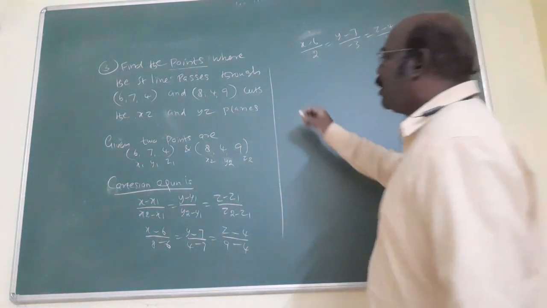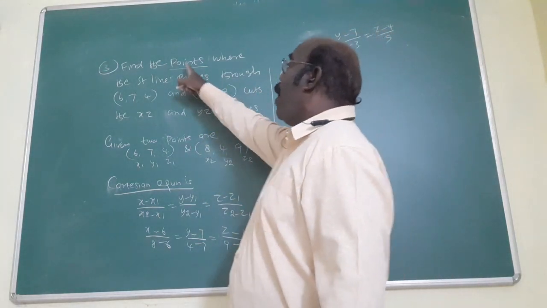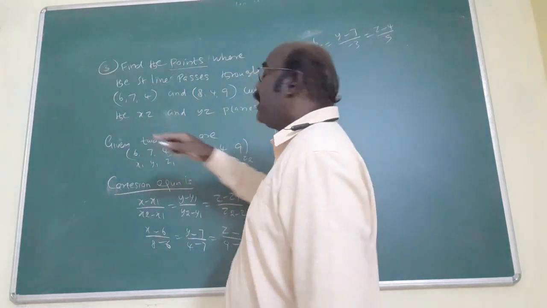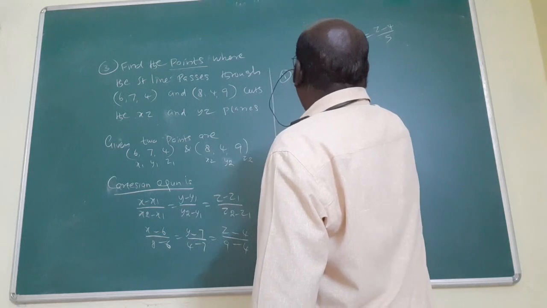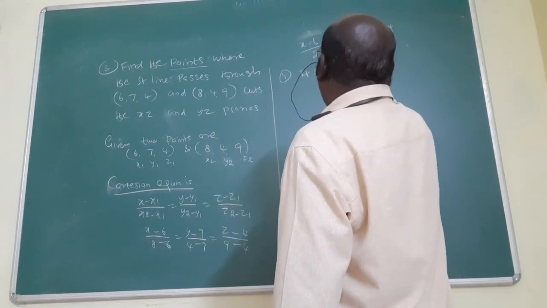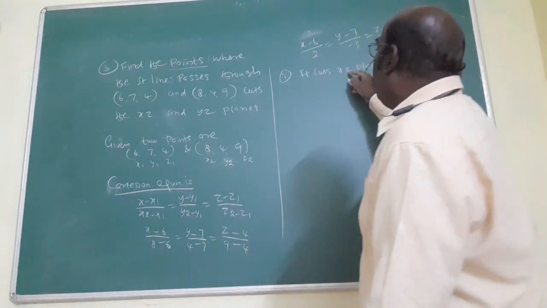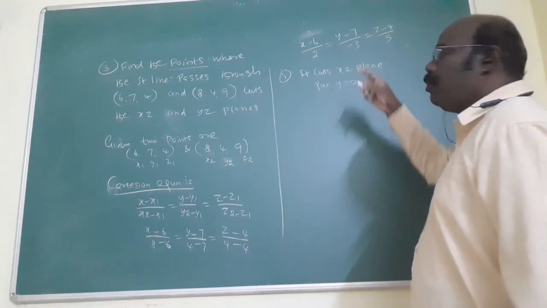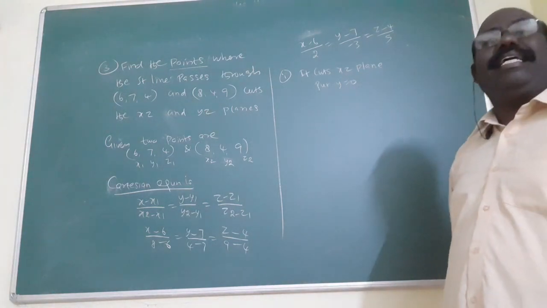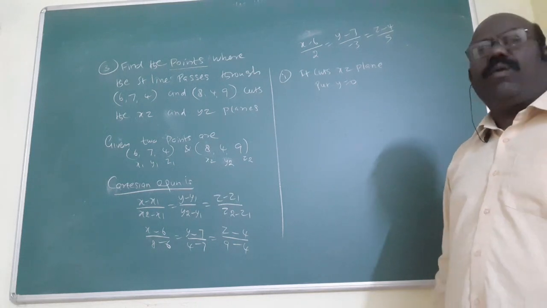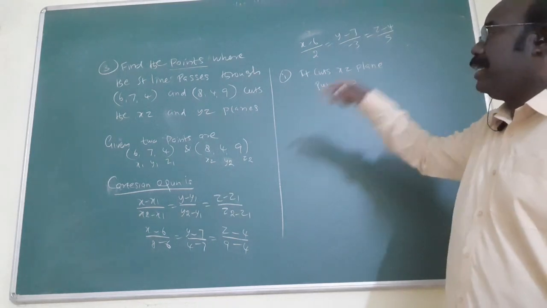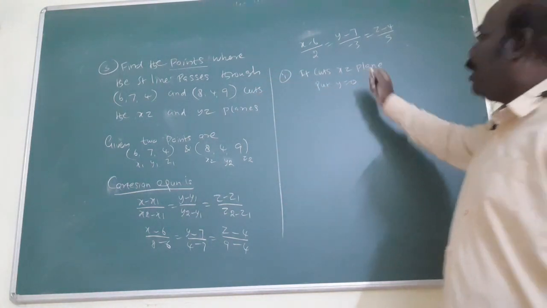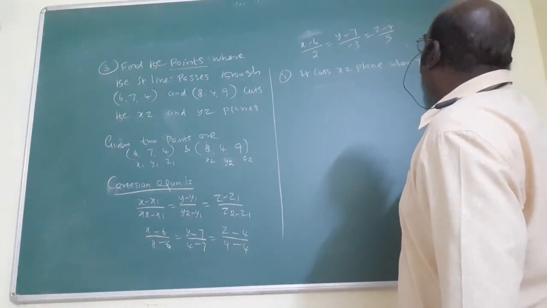Now the first subdivision, what is asking now? Point asking, x, y, z. The first condition: it cuts the XZ plane. That means what? XZ plane means put y equal to 0. In 10th standard, the equation of the x-axis is y equal to 0, the y-axis is x equal to 0. The same thing here, x, y, z, the 3 planes are there. That's why XZ plane means y equal to 0. Am I right?